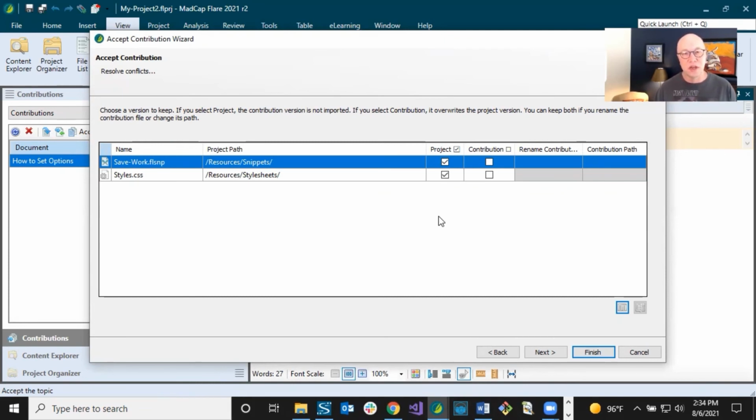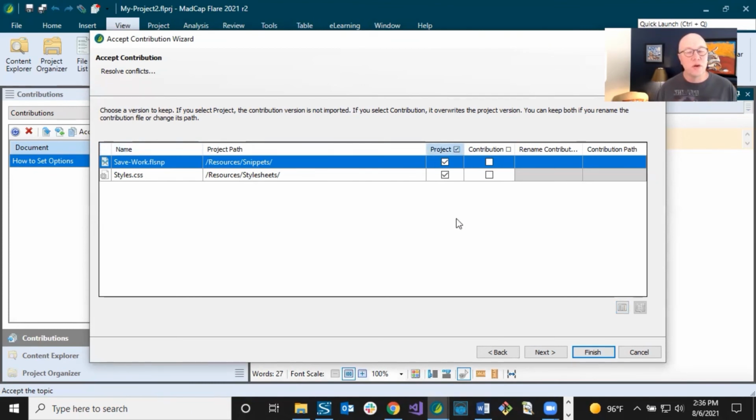Do you want to use the version that's coming from the contributor or from your project? And these are really pretty much the same. So just keeping them selected to use the project is fine. Now, one reason why you might need to take some action on this page is, let's say that the subject matter expert inserts a new image into this contribution document, and it brings it up in here that maybe you have an image with the same name and it's going to the same location,